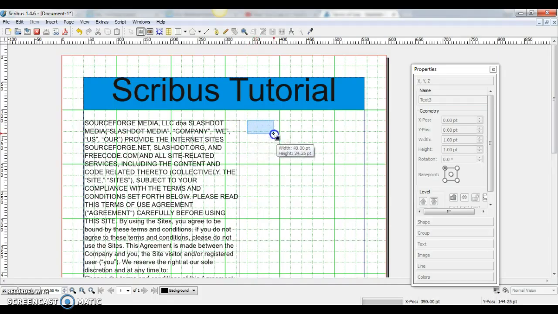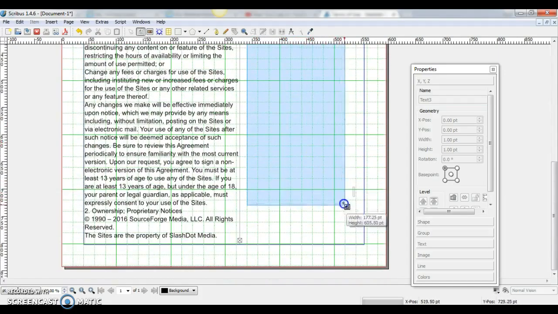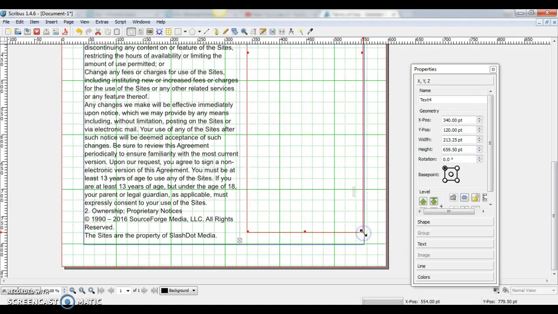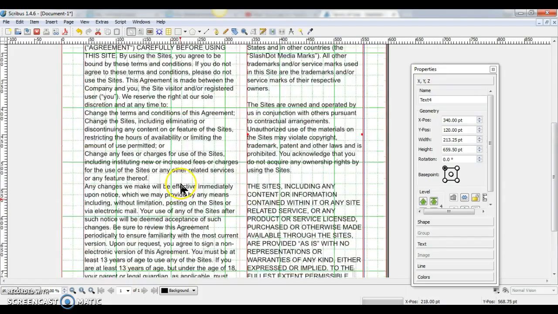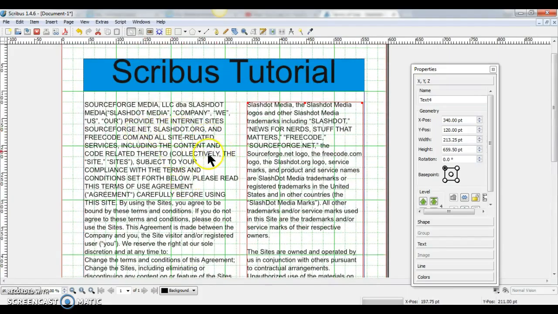And then I'm going to enter in another column because we're going to have two columns of text on this page. So I clicked on the Insert Text Frame, and there we go. And now I would like to link both of these together. So I'm going to click on one text frame, hold down the Shift key, click on the other one so that they're both selected, and go up here onto this tool, which is Link Text Frames, and click. And now the text should flow evenly between these two